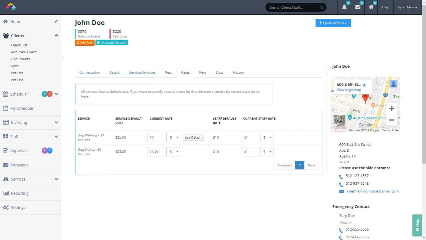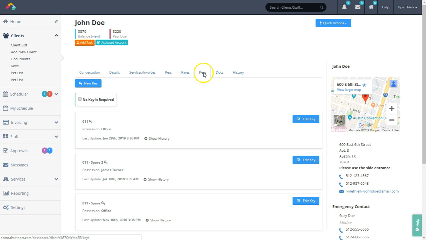The Rates tab is where you can view and customize all of the rates that this client pays you for your services. For example, this particular client only pays us $22 for dog walking, even though the default cost is set to $25. Time to Pet also supports key management features, which you can find in the Keys tab of